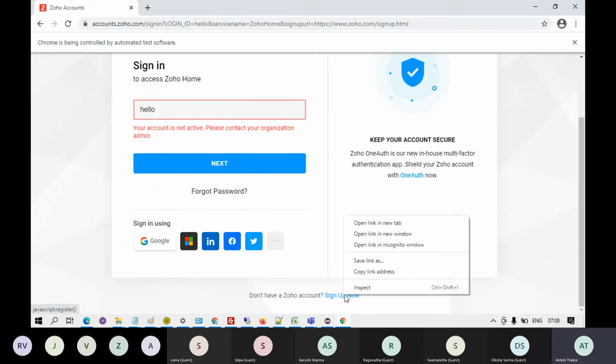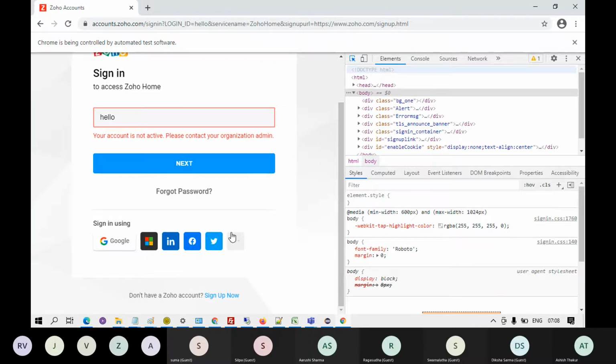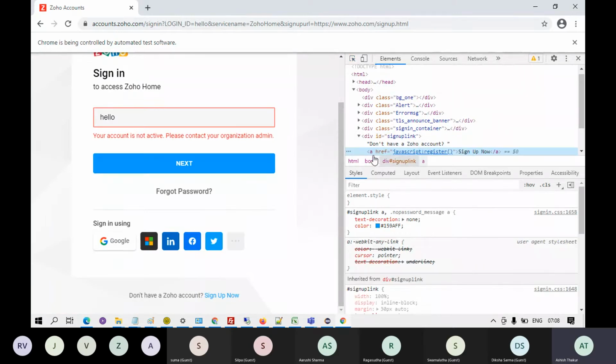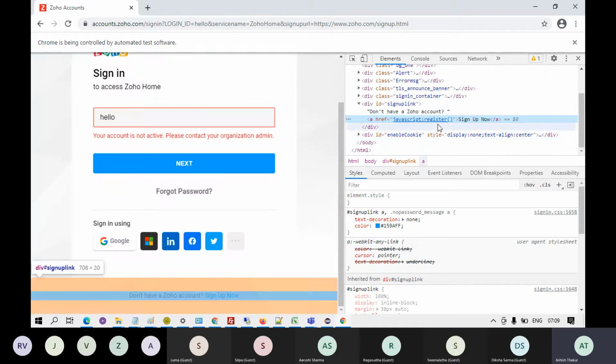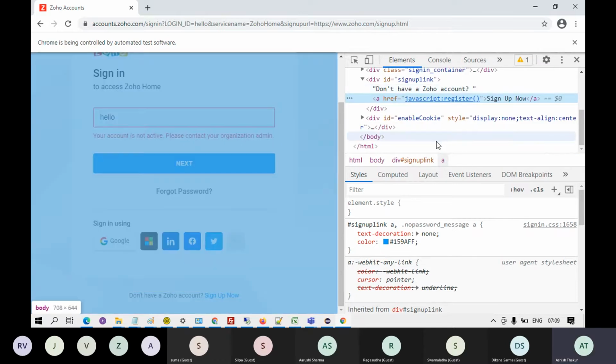Or I want to click on this link, sign up now. So if I investigate this on the browser, and if I look at this link, you see that this has got no ID, nothing. So there are elements on the page which won't have an ID or which won't have a name, and you will have to work with those elements. You'll have to identify those elements. So how do we do that?